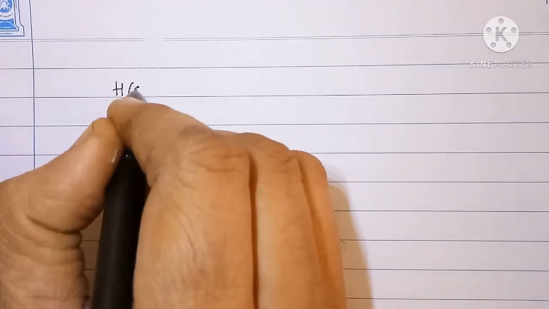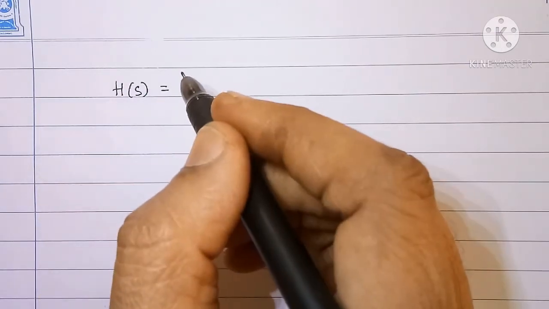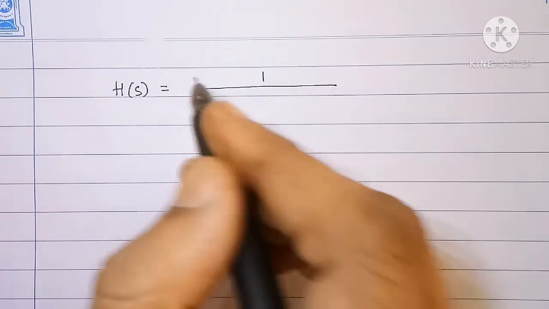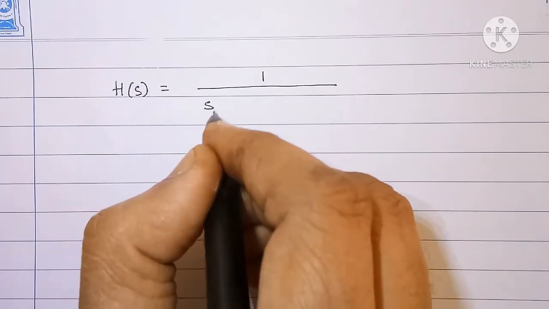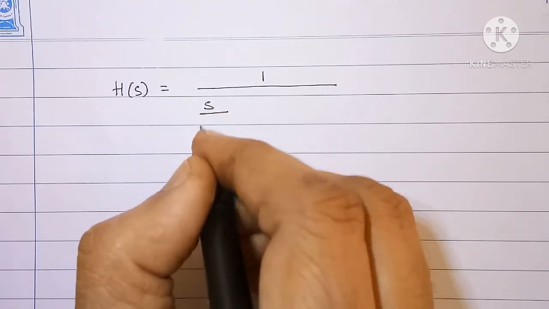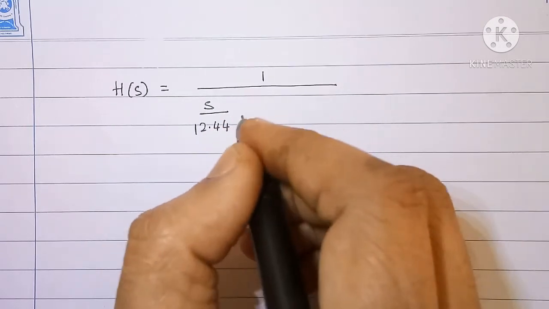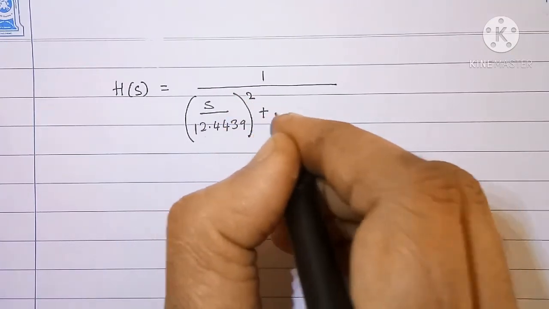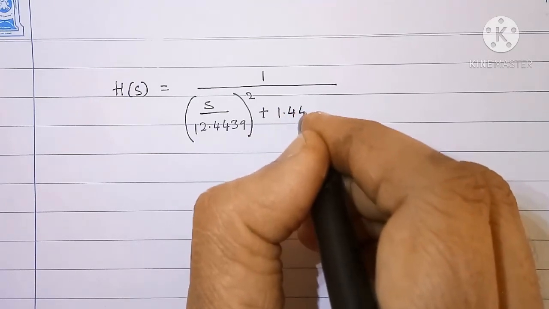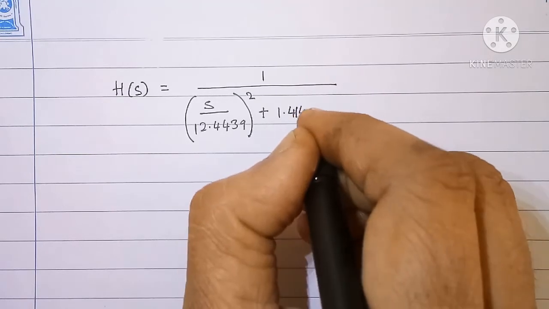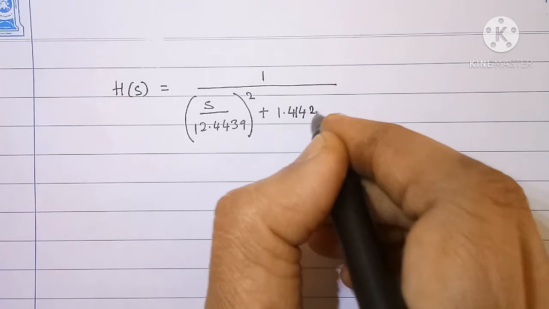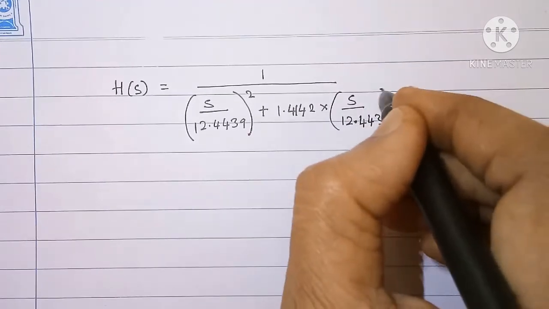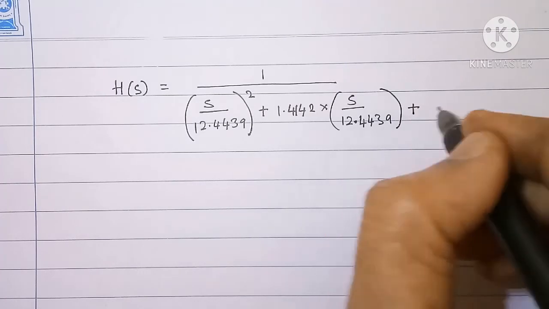Substituting omega c value, we get h of s equal to 1 upon (s by 12.4439) whole square plus 1.4142 into s upon 12.4439 plus 1,